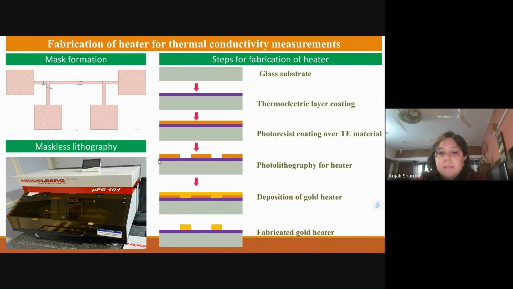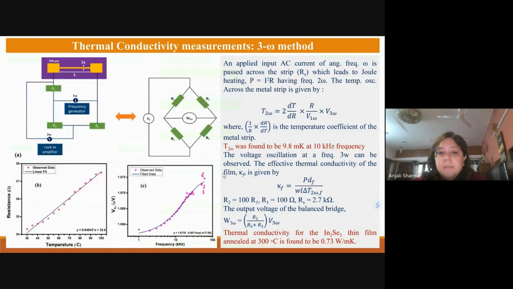We are using the 3 omega method, and for that we have prepared a heater using the photolithography technique, using maskless lithography, over the thin films. And for these thermal conductivity measurements using the 3 omega method, we have prepared a heater pattern over the thin film and utilized this as one of the resistances in the Wheatstone bridge